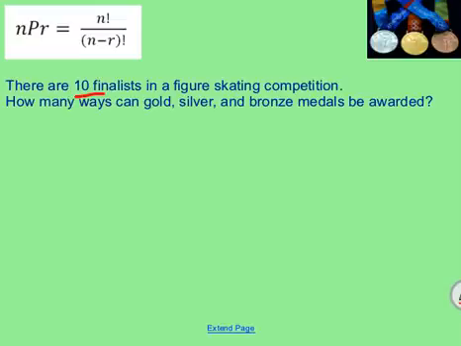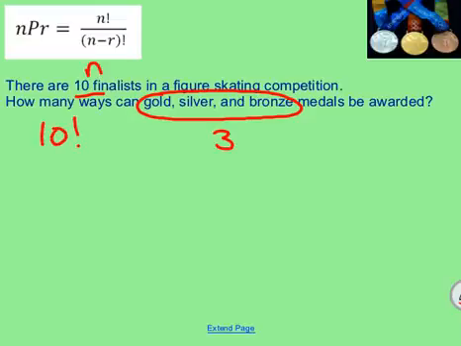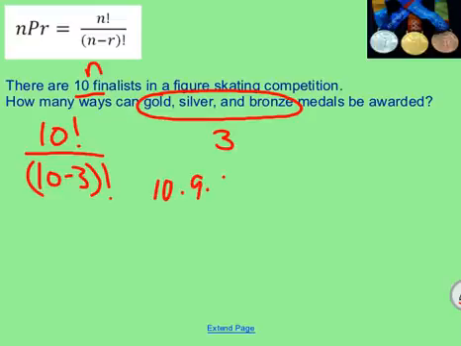There are 10 finalists. So this is going to be my N in a figure skating competition. How many ways can gold, silver, and bronze medals be awarded? That's 3 ways. Is gold different than silver? Yes. So the order here is very specific. So what I would want is 10 factorial over 10 minus 3. When I look at this, I would see 10 times 9 times 8